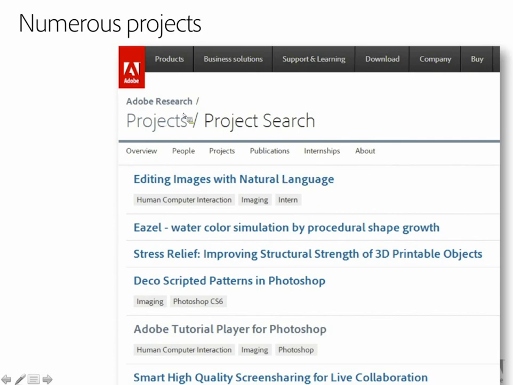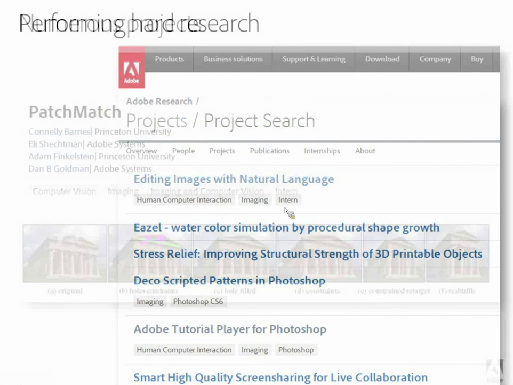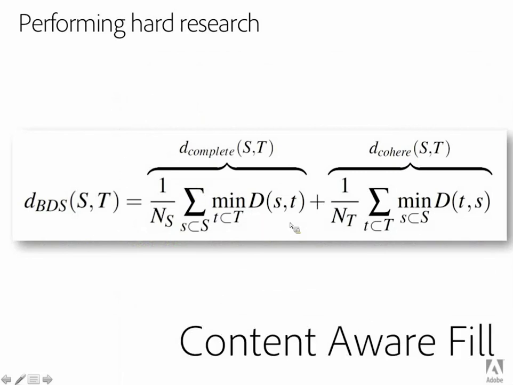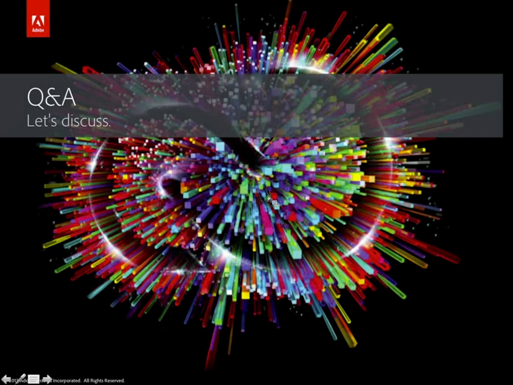So this is just a list on the Adobe Research website of projects that are underway or recently published in the academic community. One particular project from the Adobe Research site involves engineers and scientists who worked together with engineers from Princeton University to computationally fill areas of images with pieces of the existing image. This project is called PatchMatch, and the resulting feature in Photoshop is called Content-Aware Fill. The science and the innovation behind this feature look like a complex formula, but to our digital media customer, all it looks like is a lot of time and effort saved. So that being said, if this were an hour presentation,